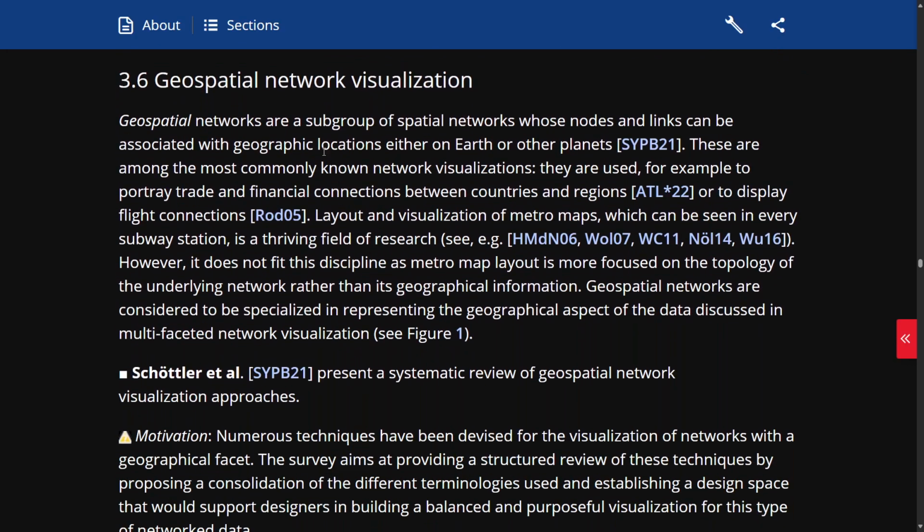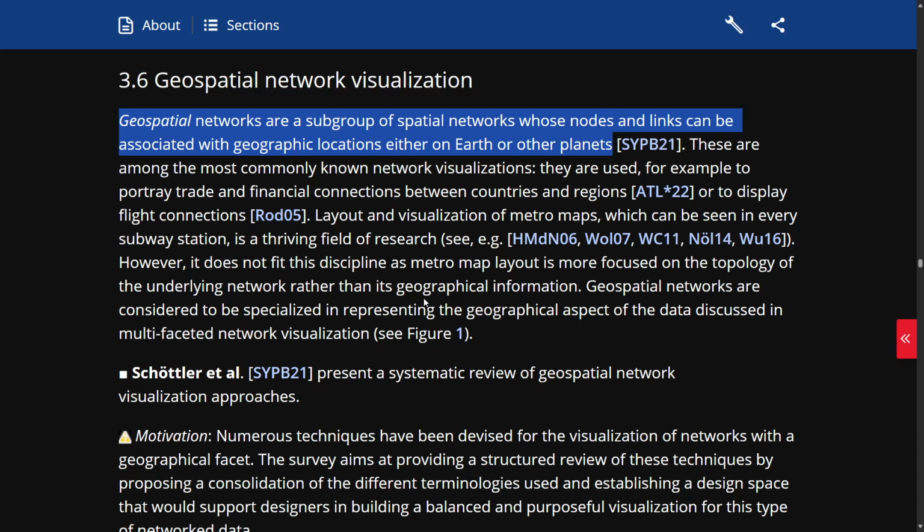3.6 Geospatial Network Visualization. Geospatial networks are a subgroup of spatial networks whose nodes and links can be associated with geographic locations either on Earth or other planets [SIPI 21]. These are among the most commonly known network visualizations. They are used, for example, to portray trade and financial connections between countries and regions [ATL 22], or to display